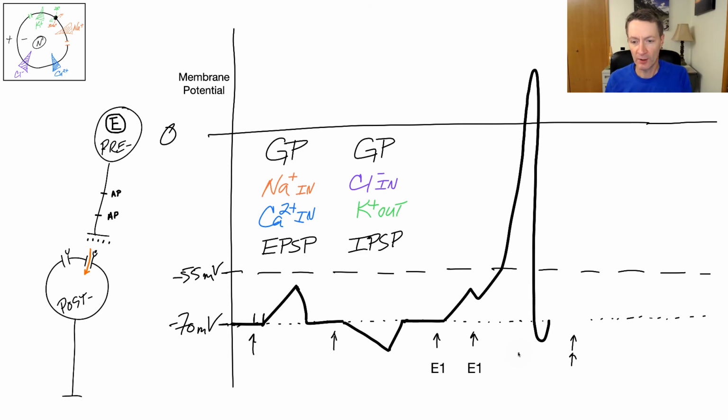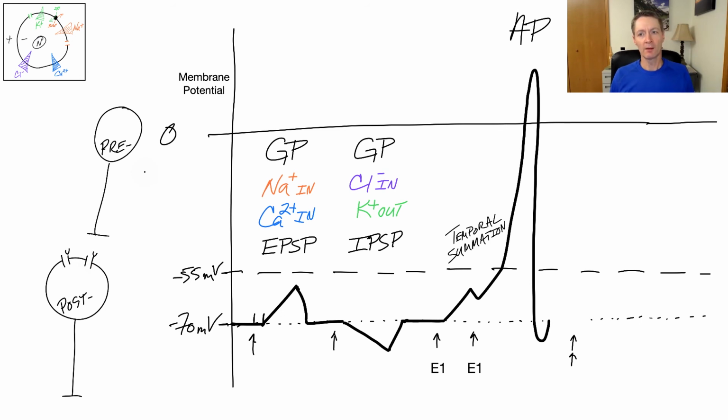In this particular case, this is E1, so we'll just give it a number, okay? This excitatory presynaptic cell number 1 got us to threshold. By piggybacking to get us to threshold, we call that temporal summation, okay? And in fact, we do get an action potential in that particular case. All right,